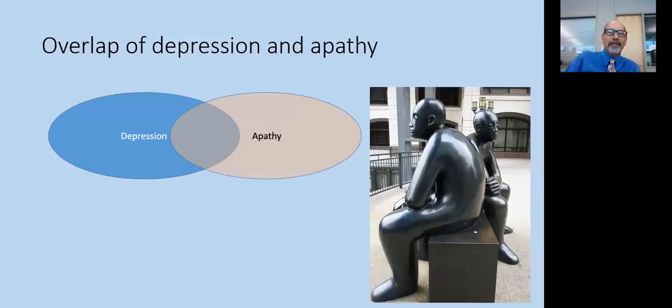So I was thinking about this and trying to think about it in a way that we can distill this and make a diagram. And I think that the best way to think about these two topics is that there's some overlap. So if we have depression here, we know that many folks with Parkinson's disease have depression, and a lot of folks may suffer from apathy, this loss of goal-directed behavior. And there is some overlap, but the important thing that I learned is that these are different symptoms,